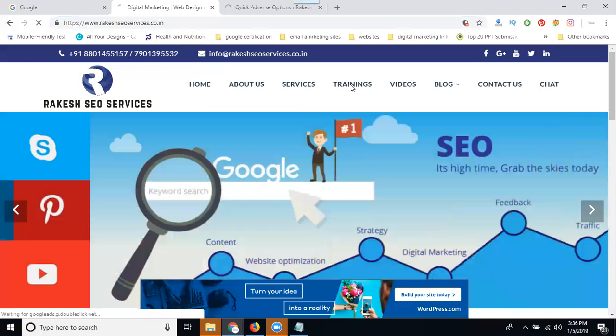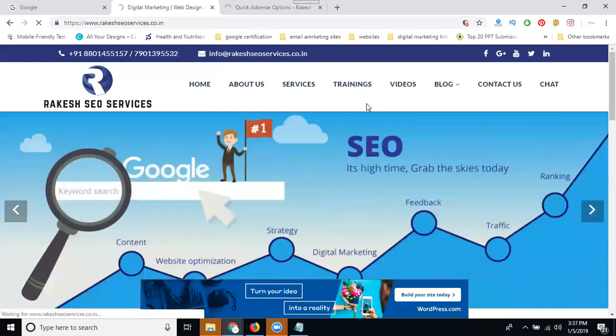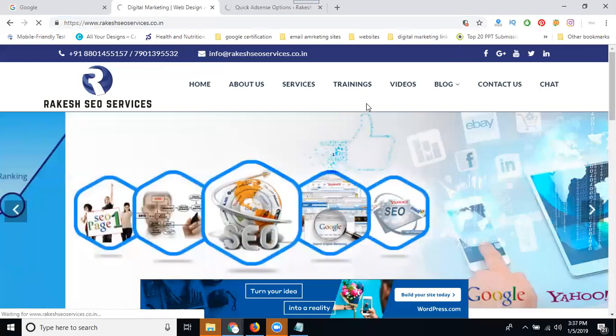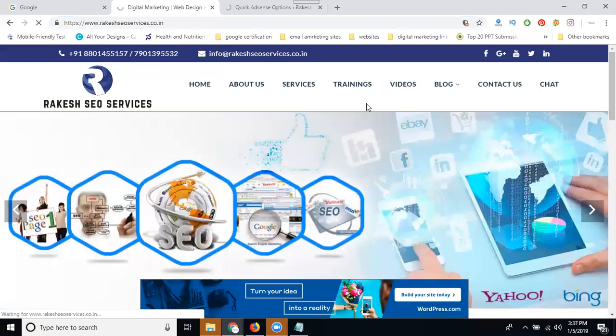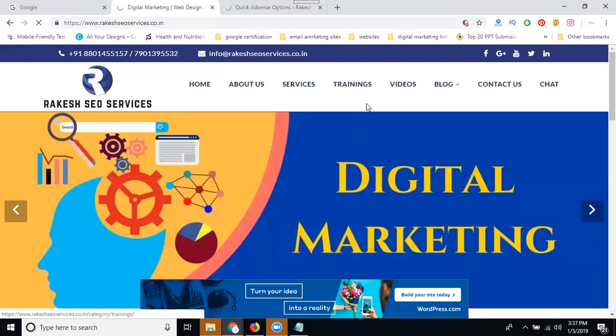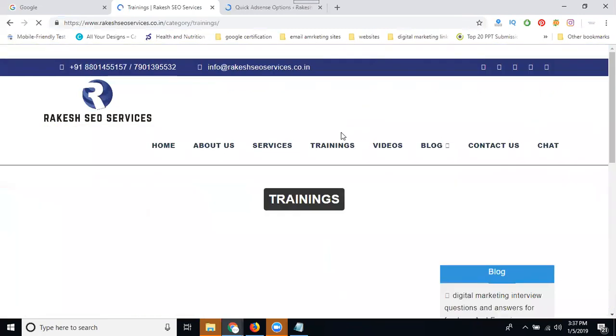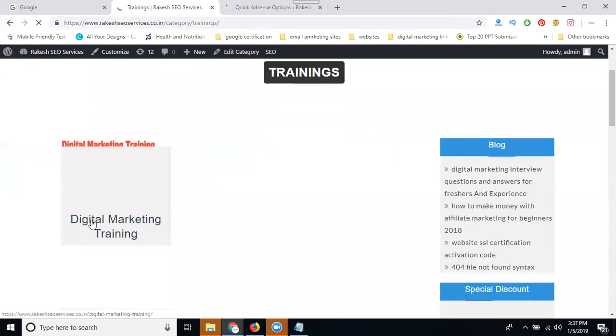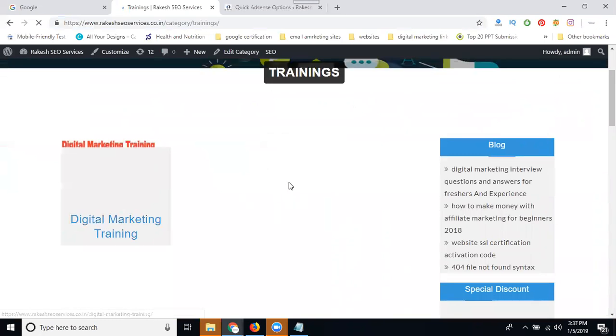If you go to a particular post, the ads will show, a total of 4 ads: the beginning of the post, the middle of the content, the end of the content, and this one after the more tag. Just clicking the option called Training, in this one I can open the training post.